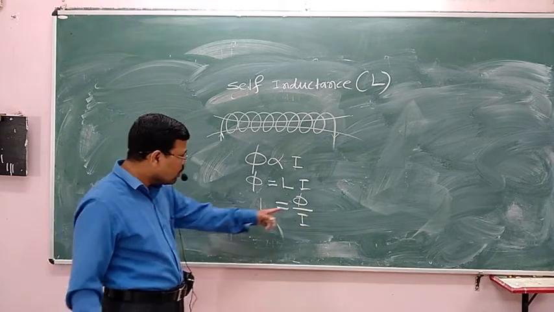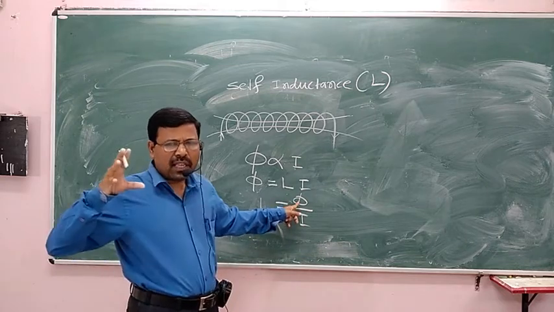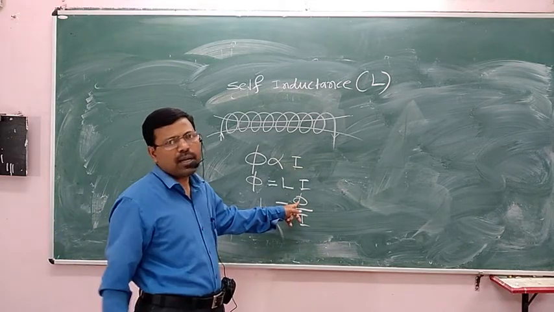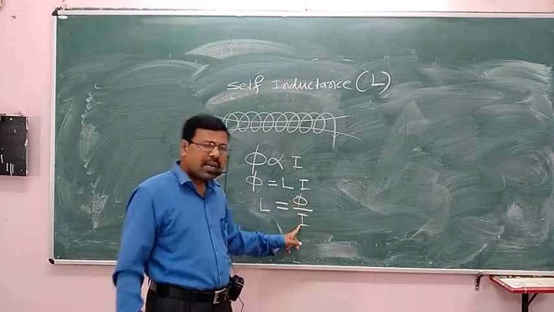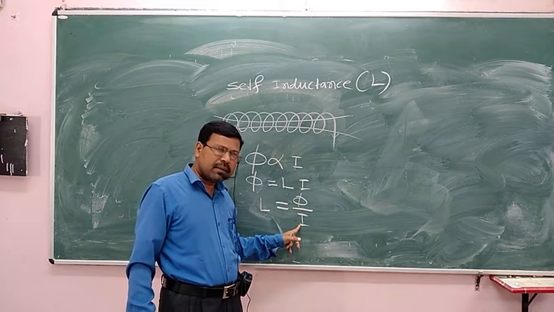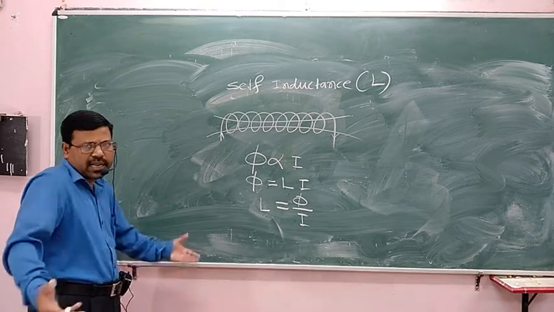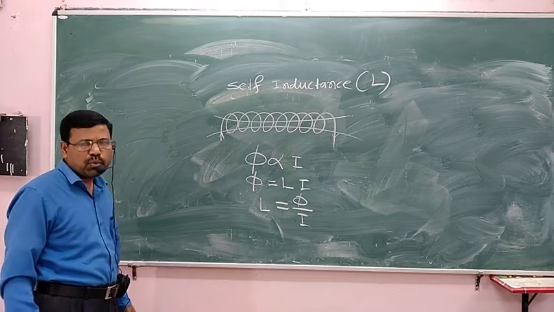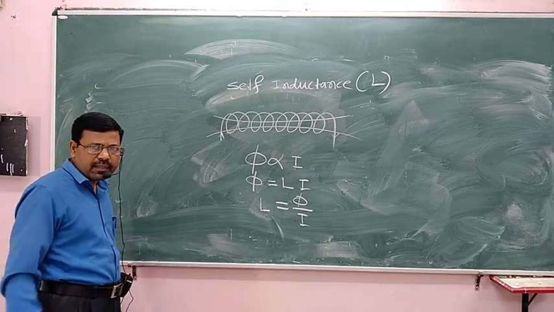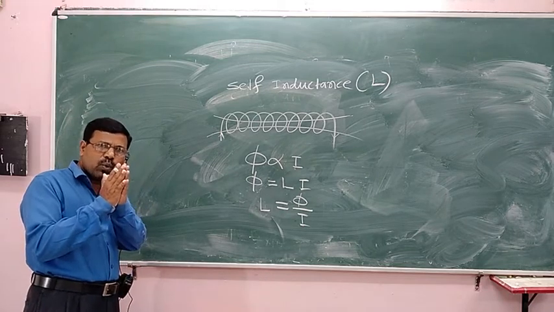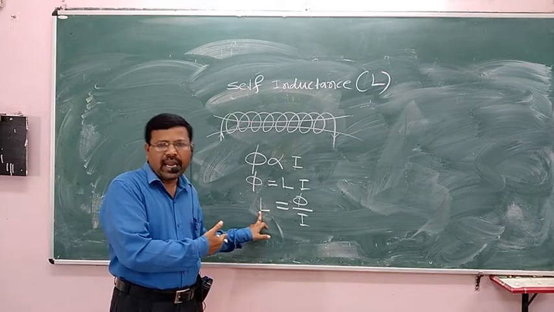As we know, magnetic flux is the number of magnetic field lines that are passing through an element area, which is measured in Weber, and current is measured in ampere. So the SI unit of self-inductance is Henry. Even the SI unit of mutual inductance is also Henry, or simply inductance is also Henry, named to honor a scientist known as Henry.